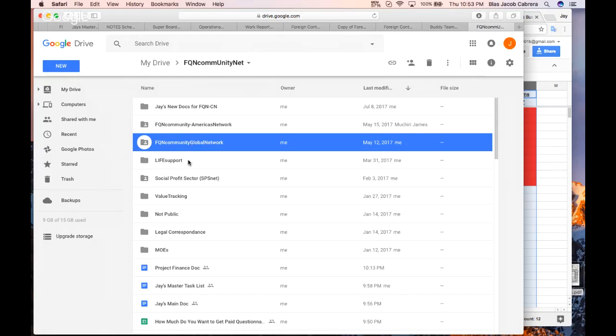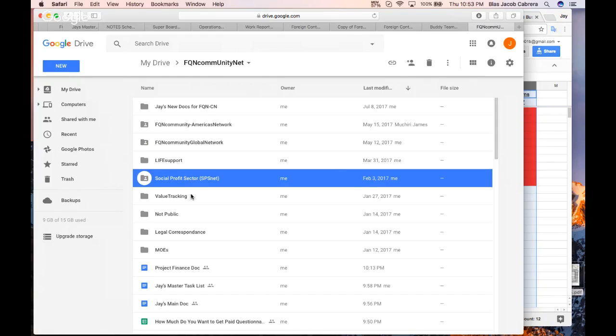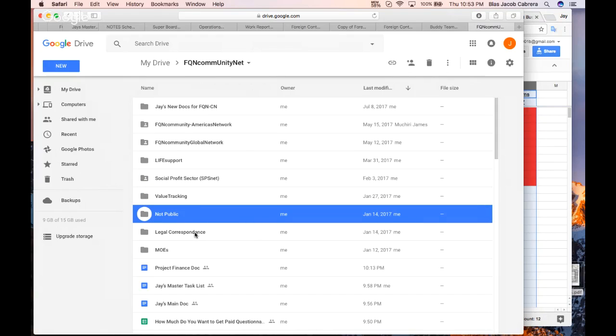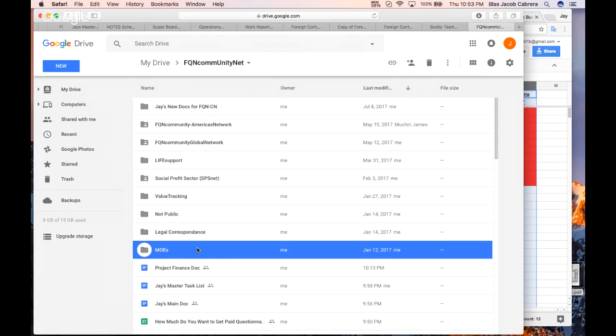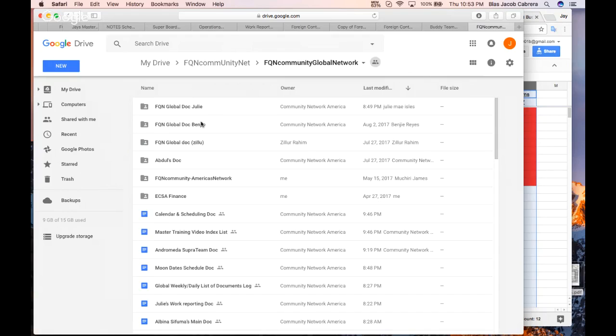So then I have the global network, life support, the social profit, valid tracking, things that aren't public, legal correspondence, all the Moz stuff, right? We're actually working in Moz, but we're moving it into the global folder. It's very pointless to create folders that are just random for people's names, because that's not going to help organize anything. You should create folders based on the topics that they're about. You could have a training folder, or a folder on calendar and scheduling or whatever, right? Anyways, so let's go into the global